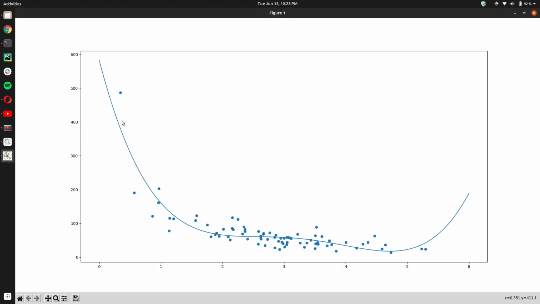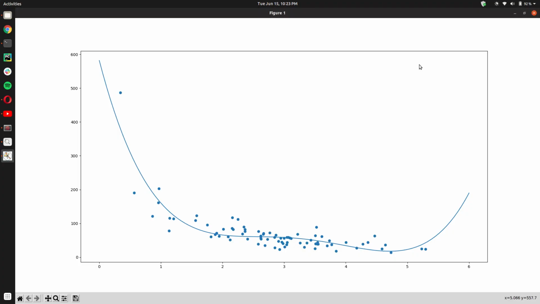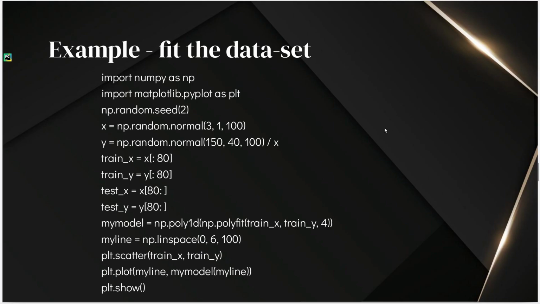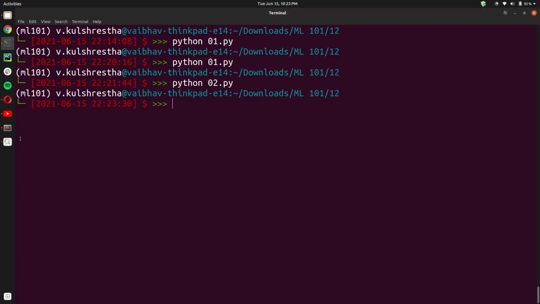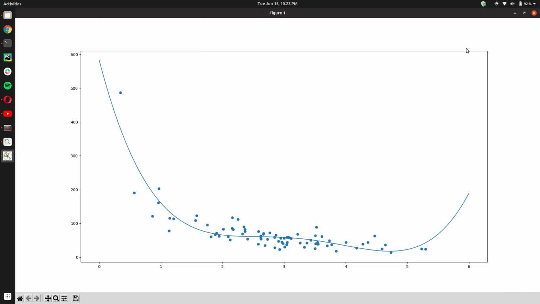Okay, so this is the scatter plot of the original dataset with the line drawn through it. As you can see, most of the data is fitting it quite nicely. Even this outlier data is quite close to the line. And then we draw the plot between the line and the model, and that was the line that you had actually seen. Sorry, yeah, this was the line that you actually saw, the scatter plot and the line both in one graph.